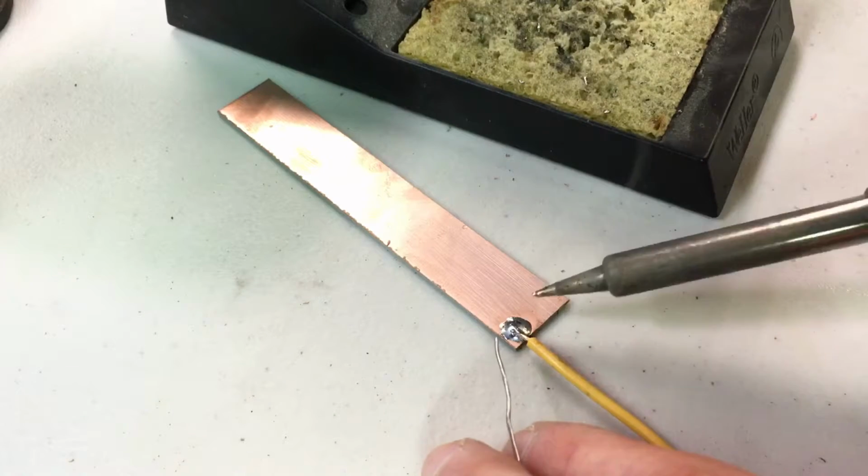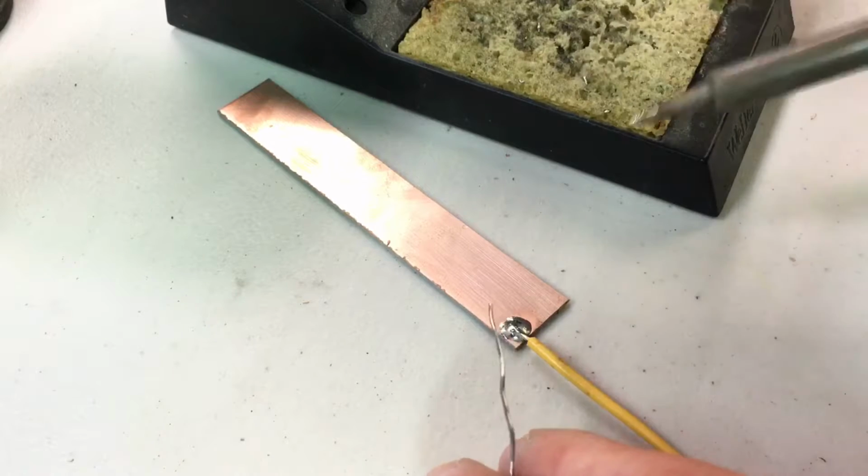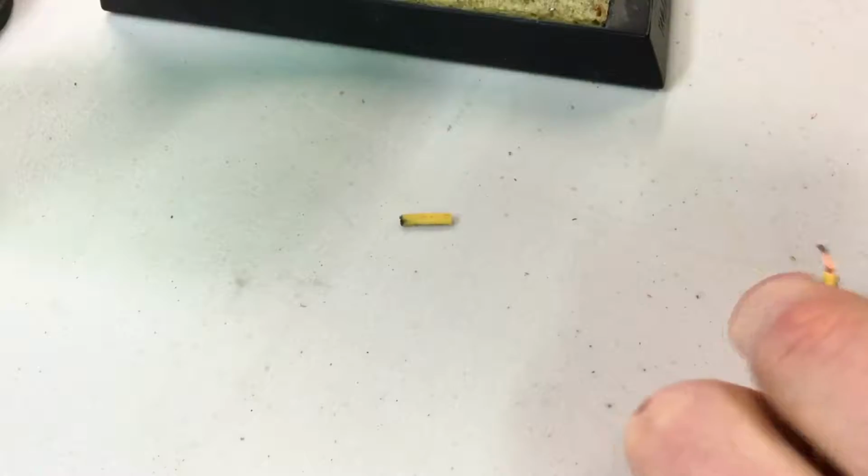The idea is that you want the parts hot enough for the solder to melt. Otherwise you risk getting a cold joint if you're always applying solder to the tip itself. Another method is